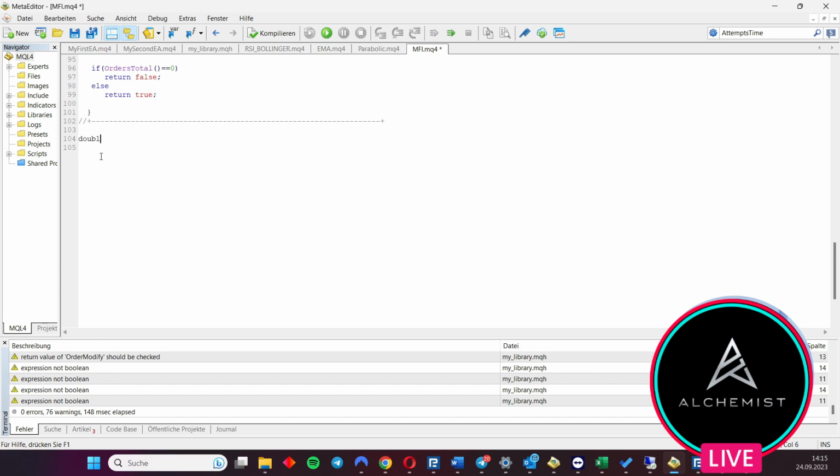Therefore, let's write a method. It's called double. Let's call it get pips to price. Amazing. Now here we want to give this function the value pips. So whenever we call it with the amount of pips, we want to get back the exact price data. Okay, again, very easy. Return the value pips times market info from the current symbol